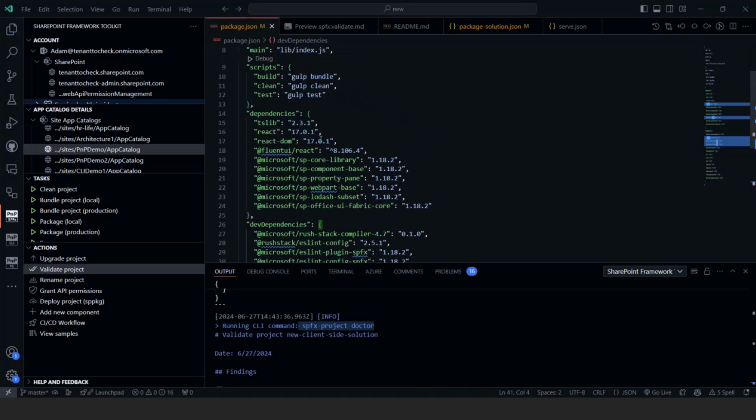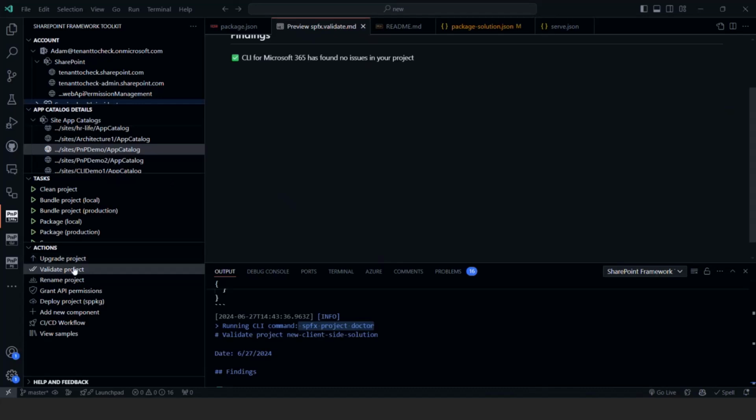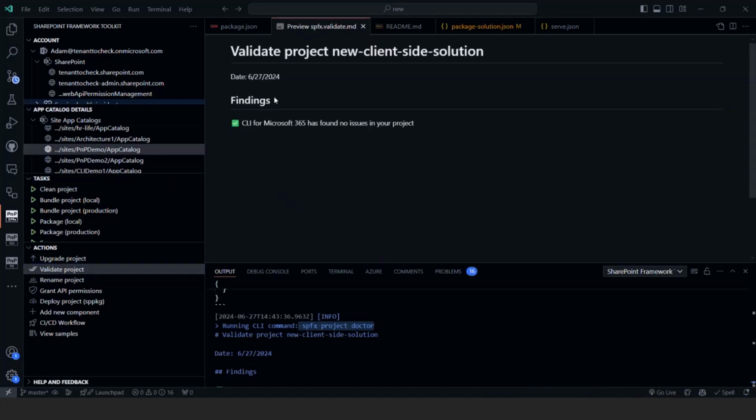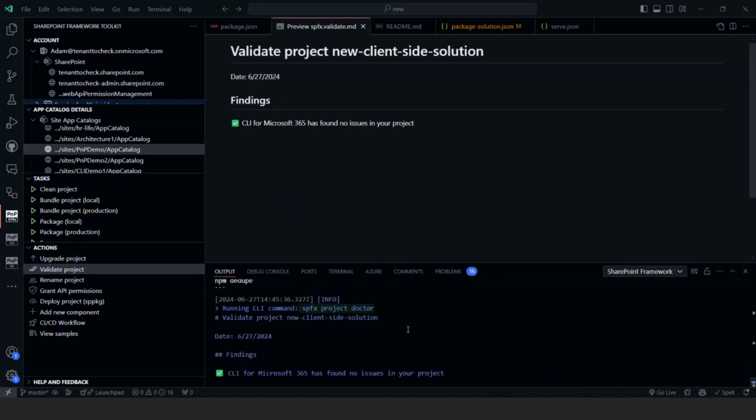VS Code got lost here a bit. Okay, but basically, if I corrected the mistakes, I hope, and now I would click the validate option again. Okay, the SPFx Toolkit says it's valid, and also you will see the same thing outputted in the terminal,